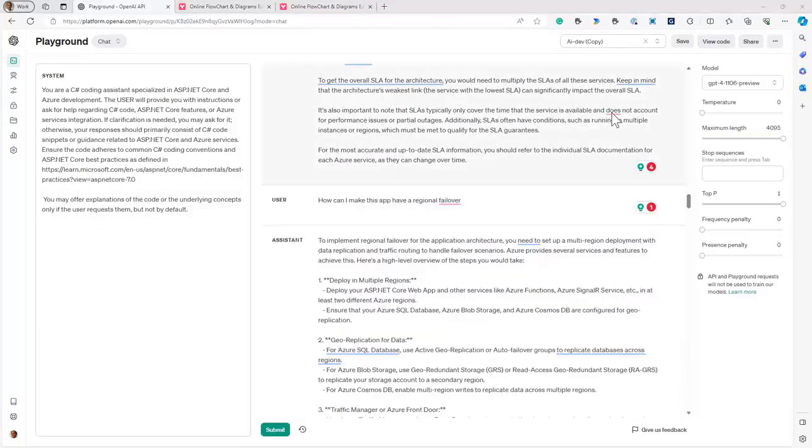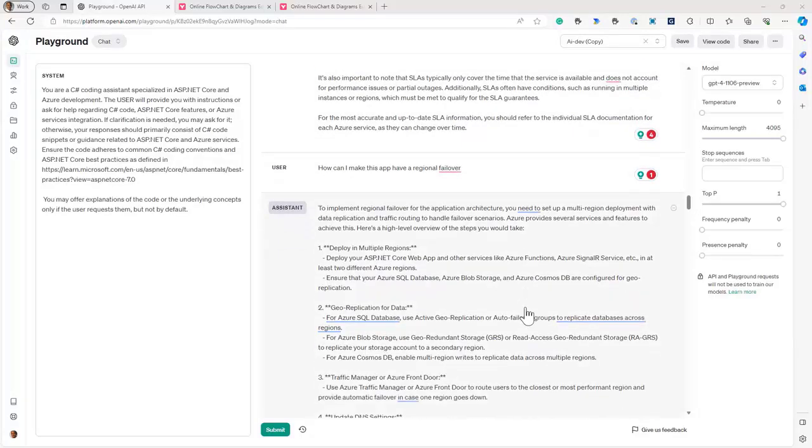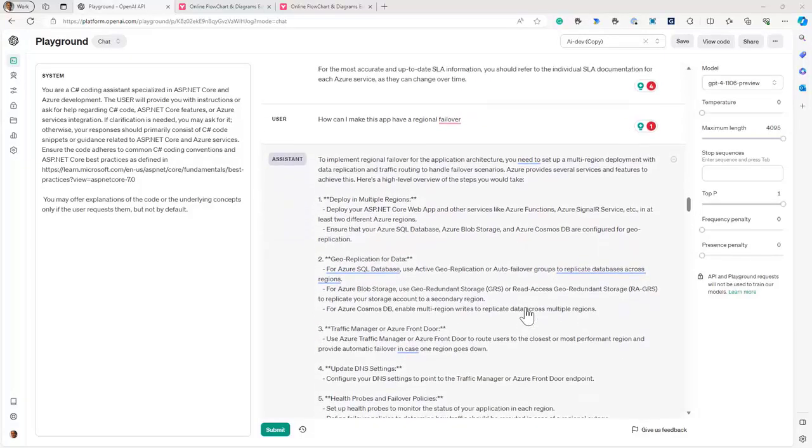Now that we have an understanding of the composite SLA, we realize that maybe we do indeed want a regional failover built into our architecture because we are not quite happy with the composite SLA that we got. So we go back to GPT-4 and say, hey, help us implement a regional failover. And then we provide it with an additional condition. We want the regional failover to be active-passive. So we want the storage to be replicated, of course. But we don't want all of the web app and Azure functions and logic apps to be replicated. If there's a failure in the primary region, we would run a script or some sort of an automation job and stand up those services.